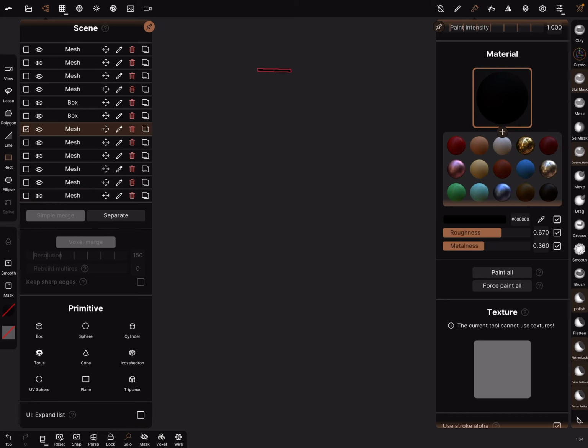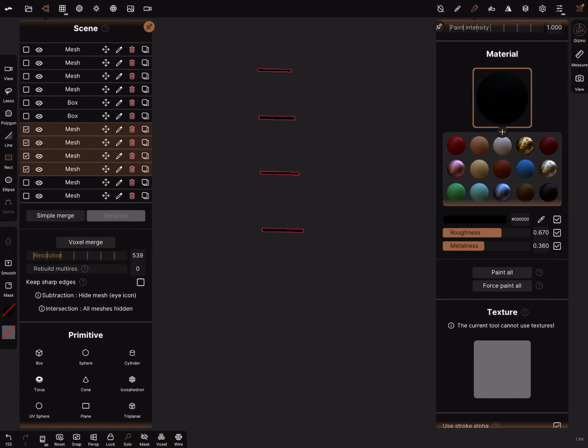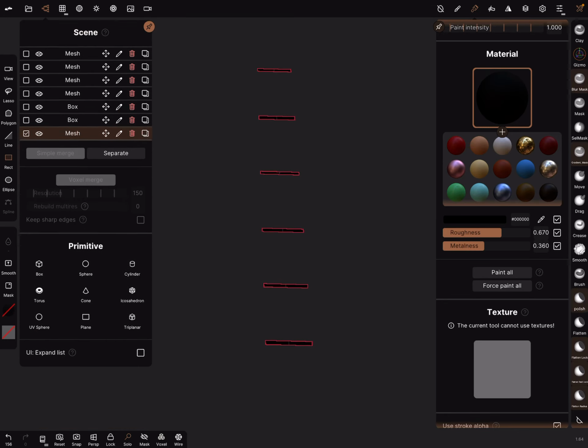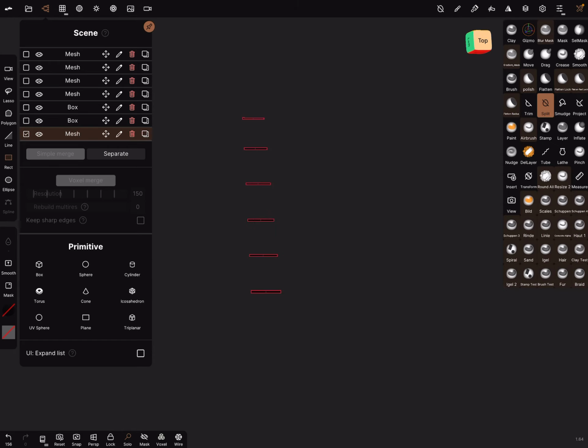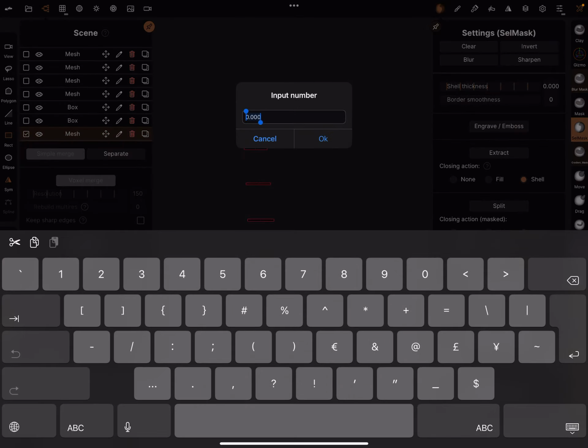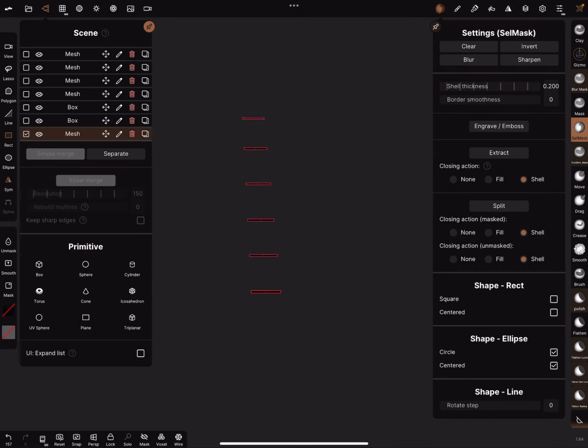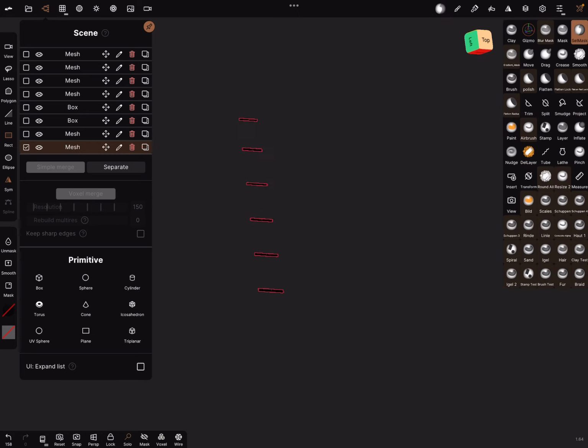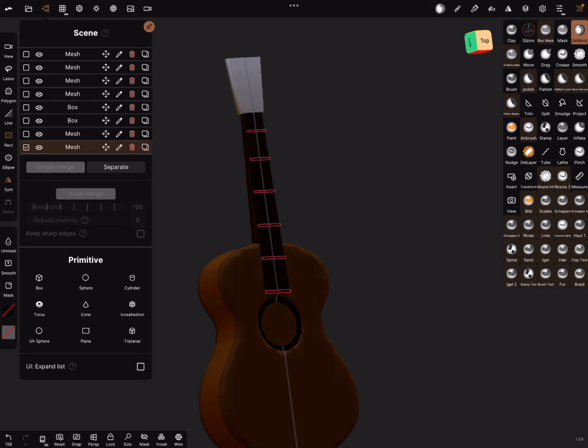Okay. These meshes we can simply merge. Selection mask. Point 2. Okay. And extract it. And turn off the solo view.